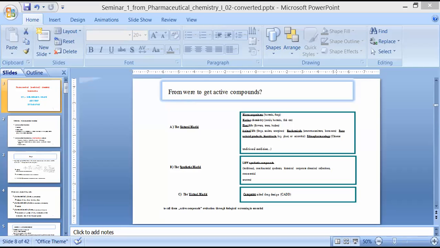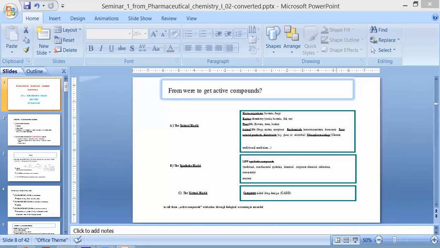Now, we have discussed the identification of disease, how we are going to treat that particular disease, what type of drug molecules we are going to search for, and the next will be what type of research we are going to do on that particular drug molecule. So the discovery of a new lead skeleton is the key step in the research program. Just now we have seen from where we are going to get the active compounds, and their research. This is a very important step in the development of a drug molecule.